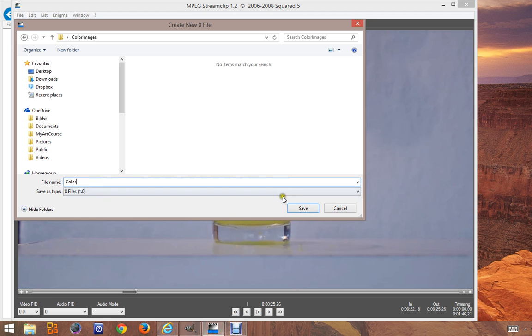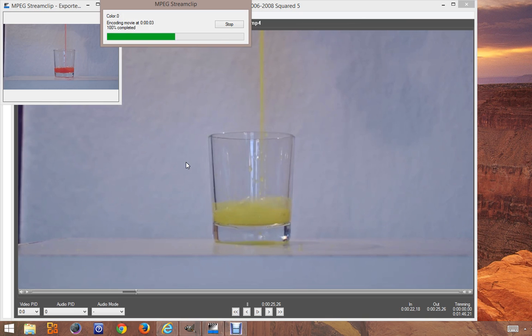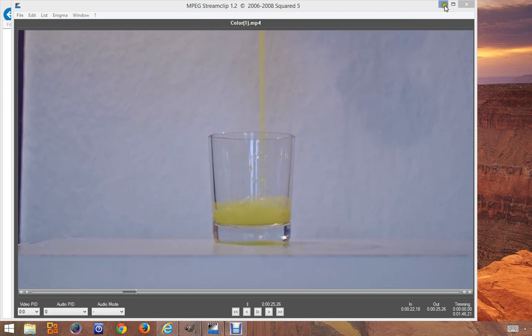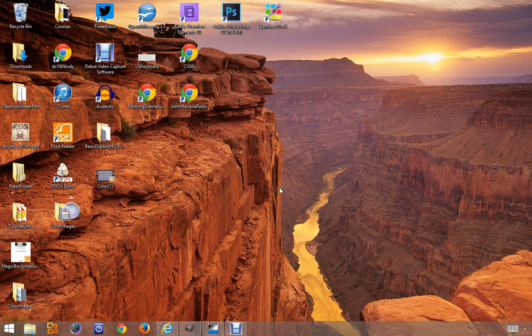Save. This looks good. There it is. Color images.